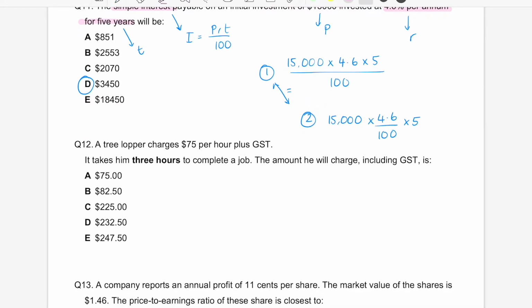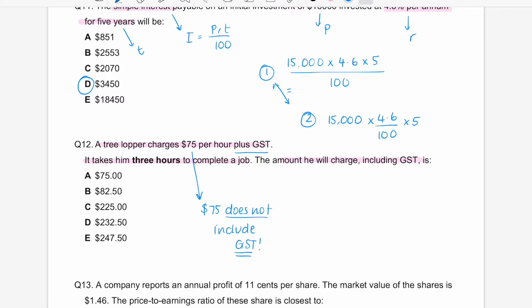Alright, so question 12. A tree lopper charges $75 per hour plus GST. Now, you should be thinking straight away, if it's plus GST, that means that $75 does not include GST. So it takes him 3 hours to complete a job, and the amount he will charge including GST is,